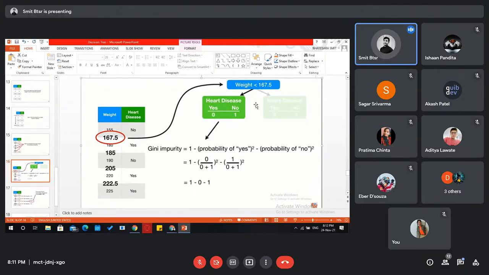Then similarly, we can find here as well. If you can see, there is 3 and 1. I don't know if it is visible, but it is 3 in yes and 1 in no. So that is not pure. There is some impurity. We can say 0.25 impurity. So now we know that this is pure and this is impure. So we would consider this and then take the average weighted impurity, right?